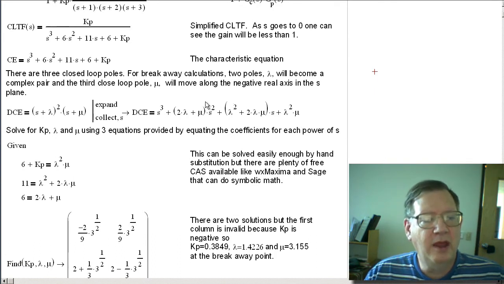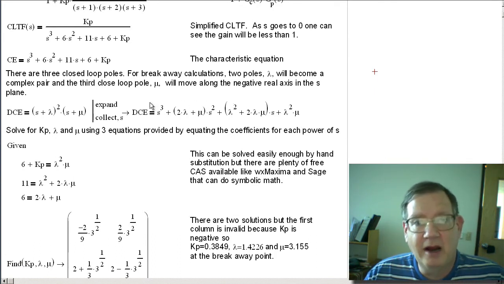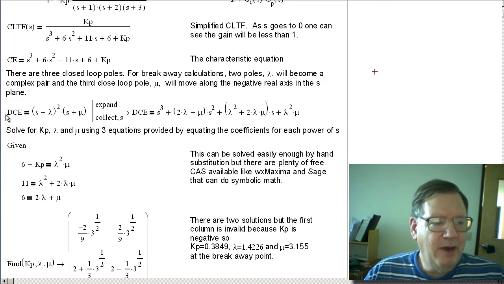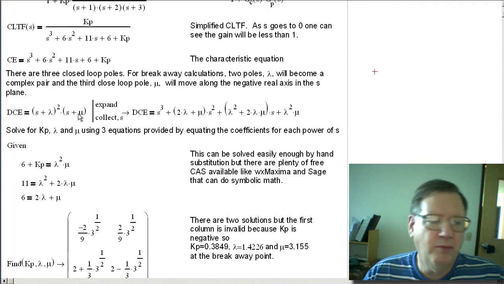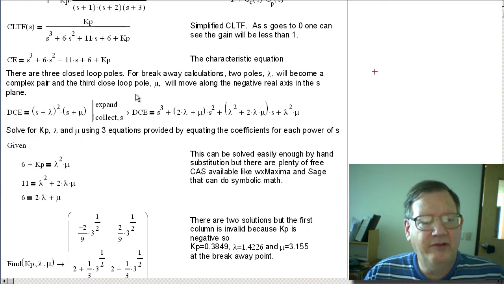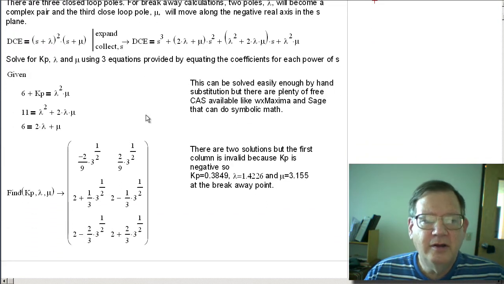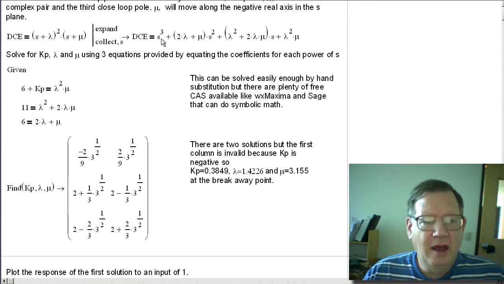What I want to do is have a desired characteristic equation. That's what my DCE is. That's the desired characteristic equation, and there are going to be 3 poles. There are going to be 2 poles, or a complex pair, that are going to do the breakaway, and 1 pole, mu, is going to move to the left on the negative real axis in the S domain as the gain is increased. When I expand the desired characteristic equation, I get a polynomial with coefficients for each power of s,